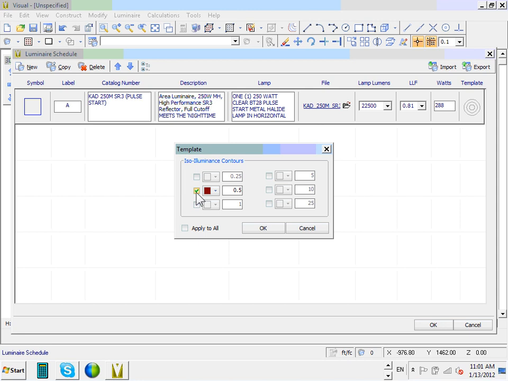Well, they don't give you the average. They give you the minimum and the average to minimum. So we have a minimum of 0.5 and the average to minimum is 4:1. In a parking lot, guys, the average is not a big deal. The minimum is a big deal because you want to be able to see any place. And average to minimum is also a big deal because when you're driving,